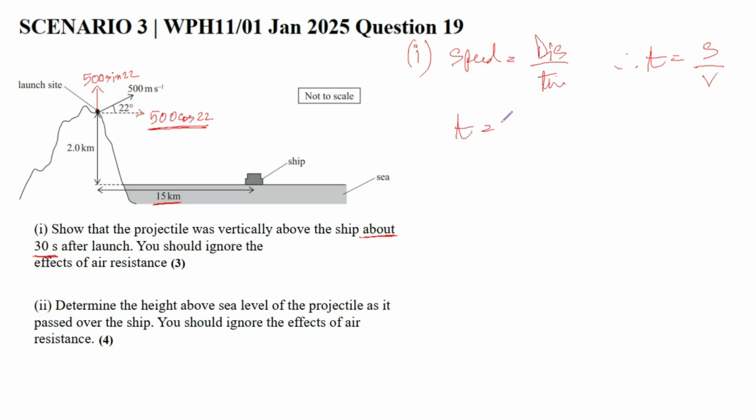So time should be equal to, of course, we are considering the horizontal aspect of motion. Horizontally, the distance that it travels is 15 kilometers because it has to be vertically above the ship. If it has to be vertically above the ship, it has to travel the same distance horizontally as the ship. That is 15 kilometers. So distance is 15,000 meters, of course you have to convert the kilometers to meters, divided by horizontal speed, which is 500 cos 22. So the value of time that you get is 32.4